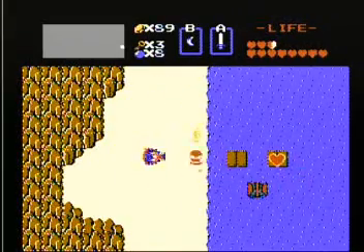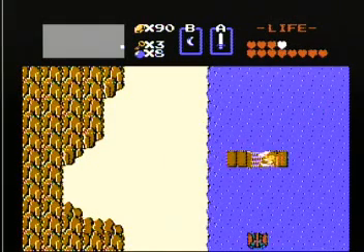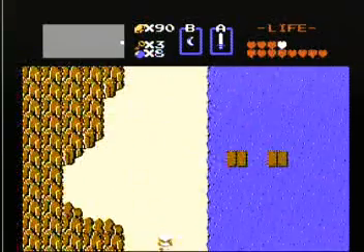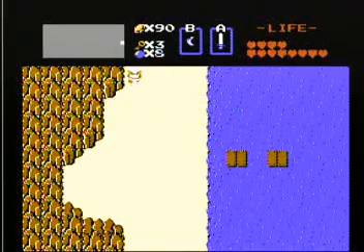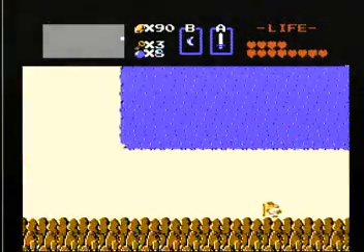You want to just get rid of these enemies. You see they're tearing me apart here, but then you can just use the step ladder and step across and grab the heart container. Now we're ready to head over and grab the magical sword. However, unfortunately it's all the way on the other side of the overworld, so